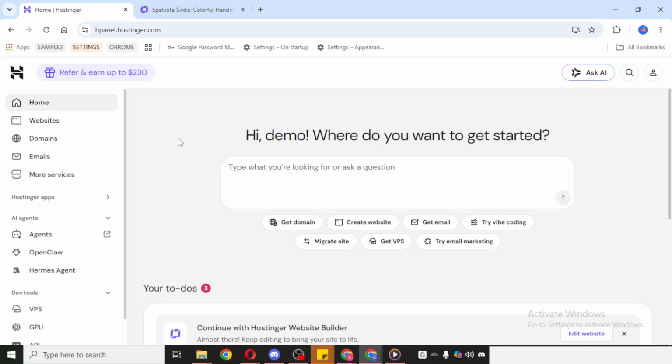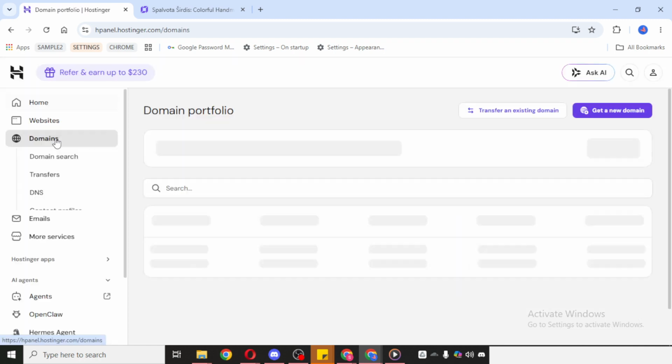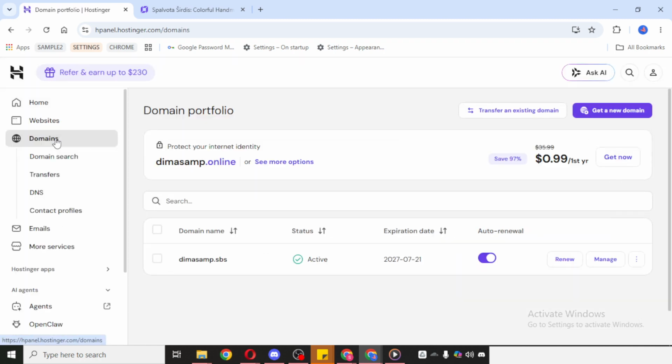This is a simple task, but it's important to enter the details exactly as provided during your Google Workspace setup. Start by opening your Hostinger account and signing in. Once you're inside the dashboard, look for the Domains section. This is where Hostinger keeps all the settings related to your domain name, including the DNS records you'll need to update. After you click Domains, find the domain you want to connect to Google Workspace and then click Manage. This will open the control area for that specific domain.